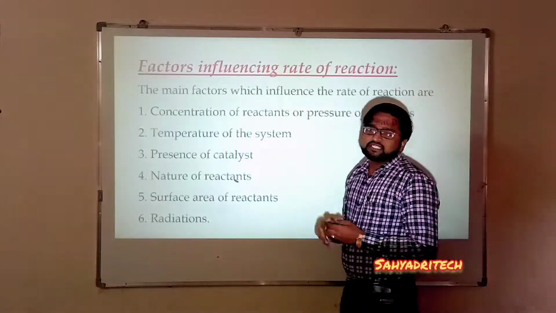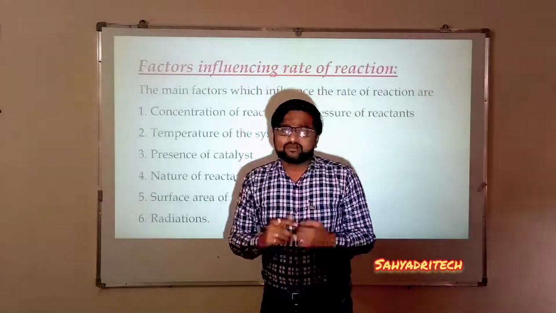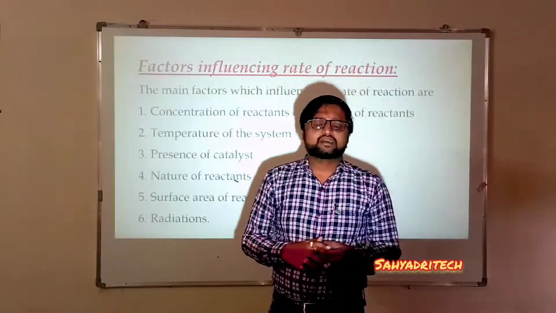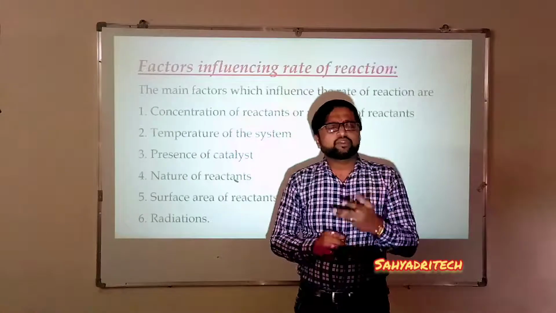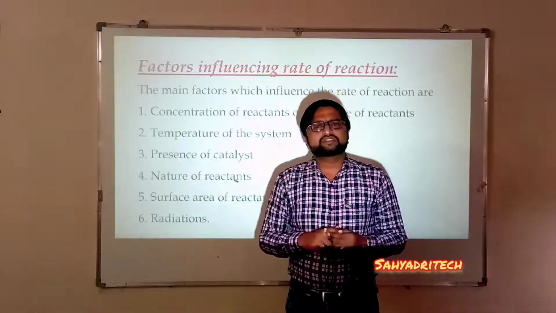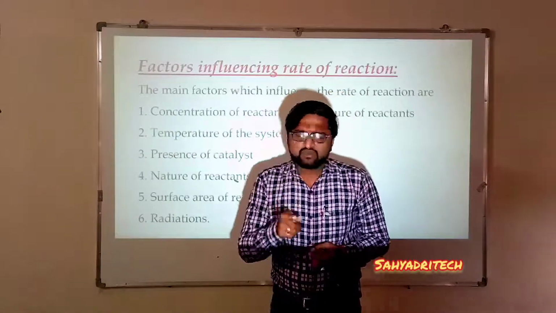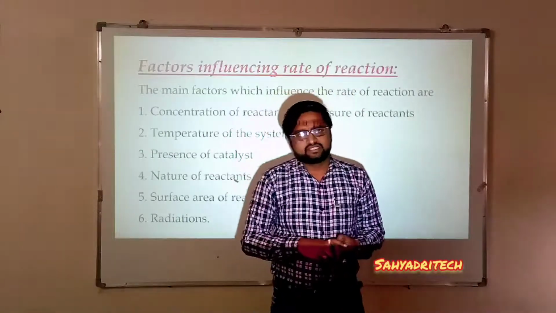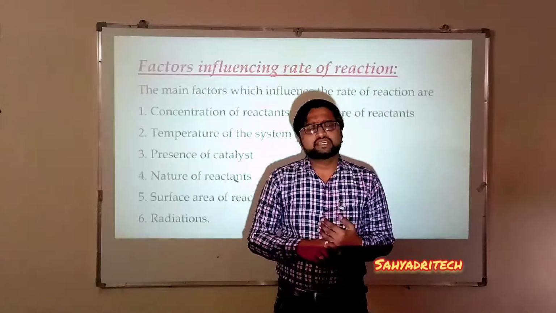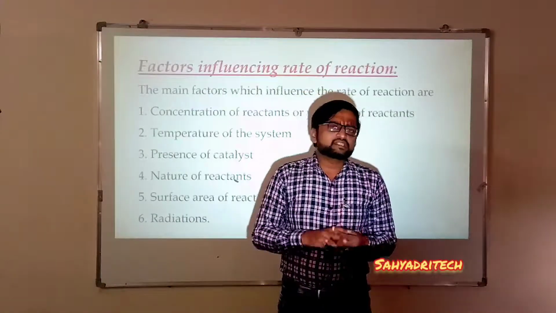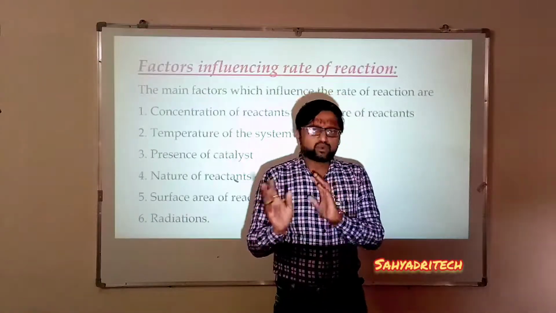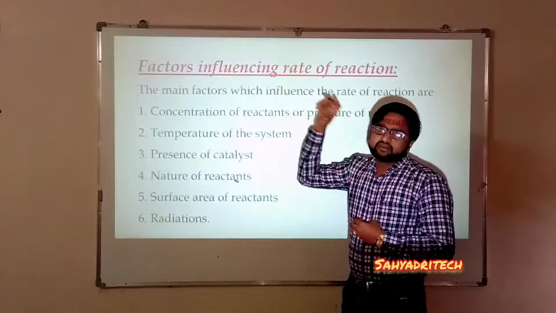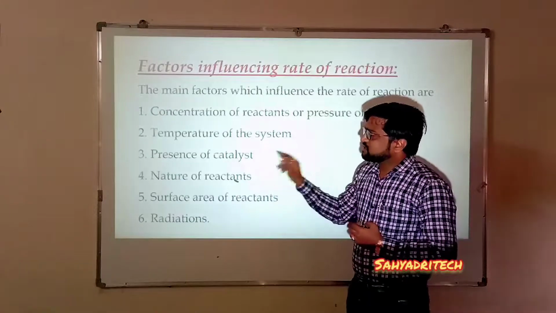Third one, presence of a catalyst. As we know, generally we have two kinds of catalyst which alter the rate of a reaction. Basically, how do we define a catalyst? These are substances used in a small quantity in a chemical reaction which alter the rate of a reaction. It means we have two possibilities there. They may increase or decrease the rate of a reaction. Overall, the presence of a catalyst also influences the rate of a chemical reaction. So it is the third factor.